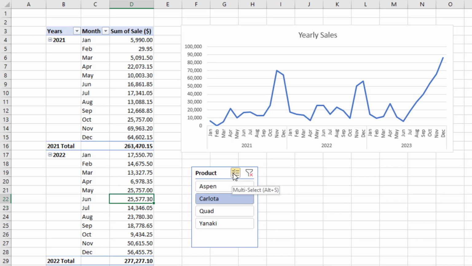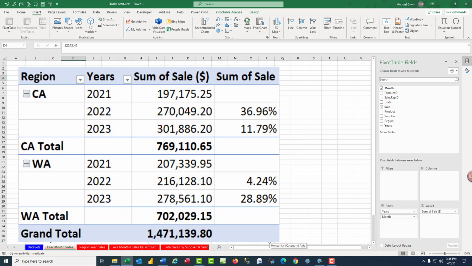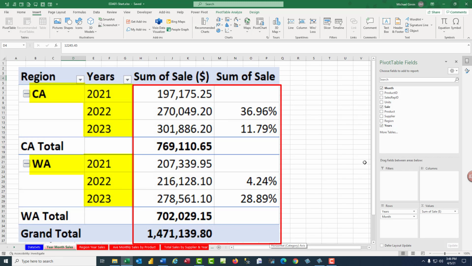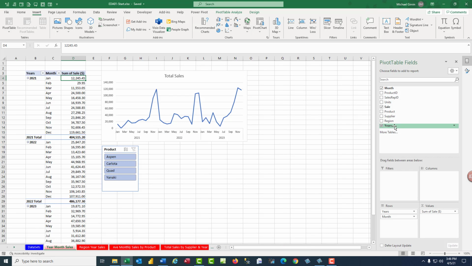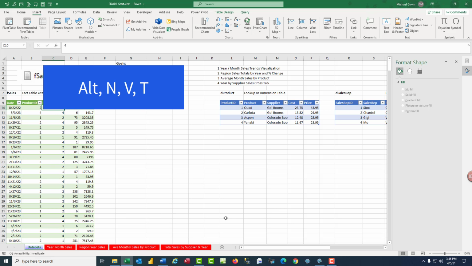Now that button right there, you can use that instead of the Control key to select multiple items. And when you want to clear the filter, you click the red X. Now every calculation is for all products. Our next report is a region year sales report. Now we already grouped by year, so when we go back over to the data set to start a new report, I click in a single cell, and instead of using this button, we're going to use the keyboard,